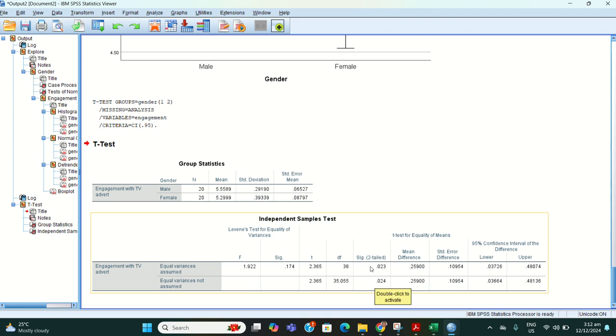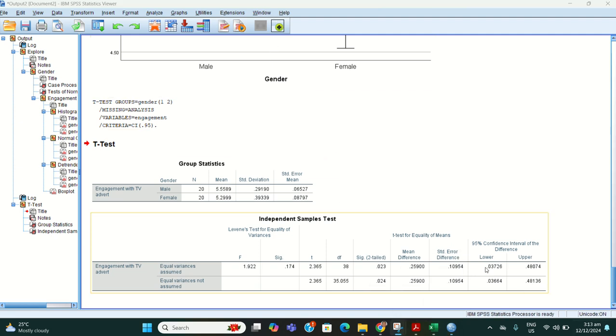As you can see, this is less than 0.05, so the difference is statistically significant. Here is 0.023 and here is 0.024.